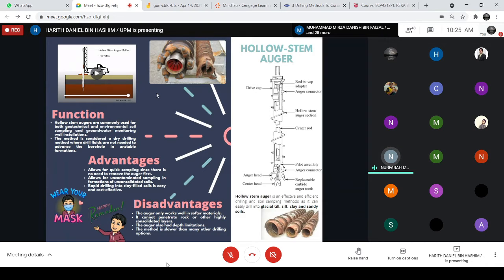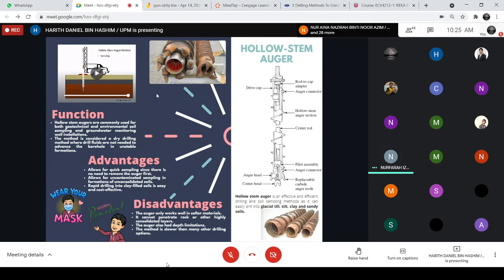So the disadvantages of the hollow stem auger is that the auger only works well in softer material. This kind of drilling works best in soft to stiff soil at a shallow depth. It also cannot penetrate rock or other highly consolidated layers. And it is not effective when boulders, large cobblestones or a large consolidated igneous rock formation are encountered under